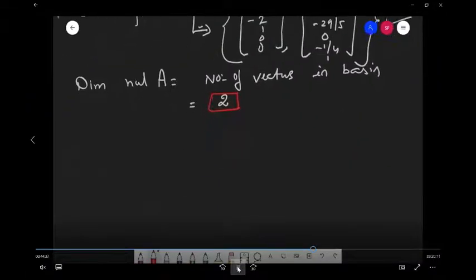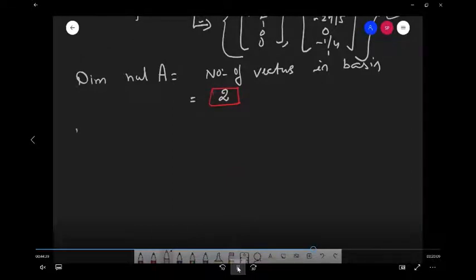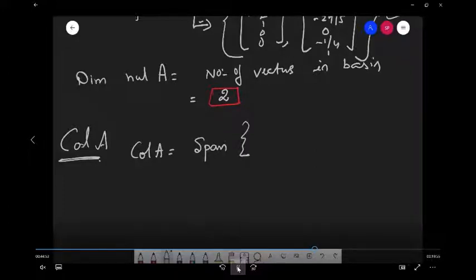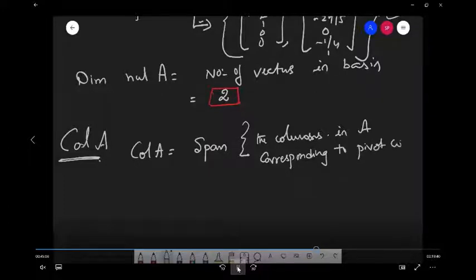Our next task is to find column space A. What is column space A? According to the definition, it is the linear combination of all the columns of the matrix A. But when matrix A is reduced to echelon form, we delete some columns which are linear combinations of others. So the column space of A is the span of the columns in the matrix A that correspond to the pivot columns in its echelon form.